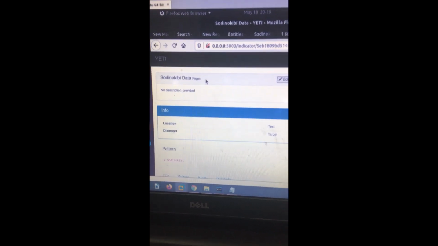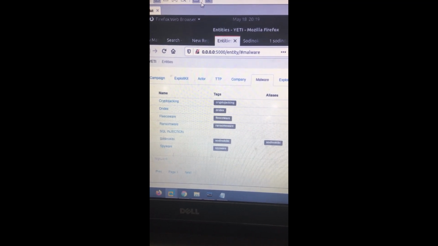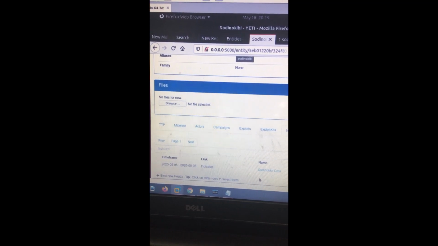After I select the save button, you will see an indicator is created as Sodinokibi data. You will observe that it is also added in the indicators list. As I come back to the entities where the malware is created, so this is the malware. You will see that it has successfully linked